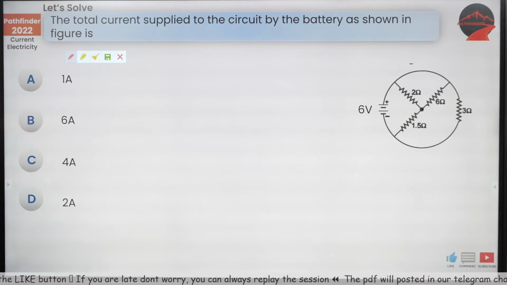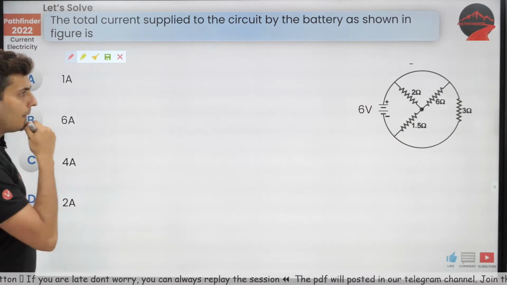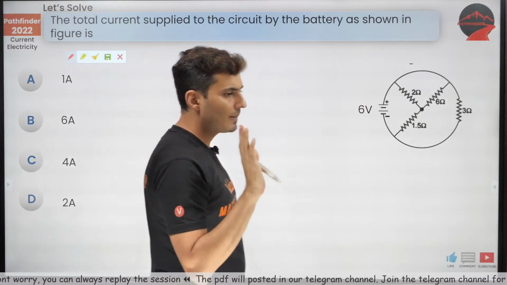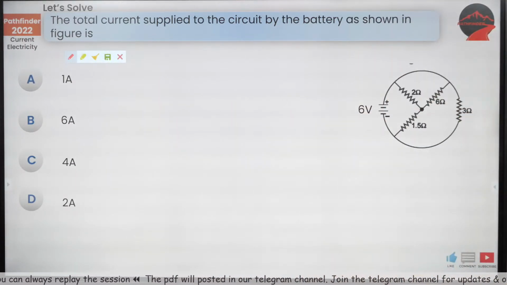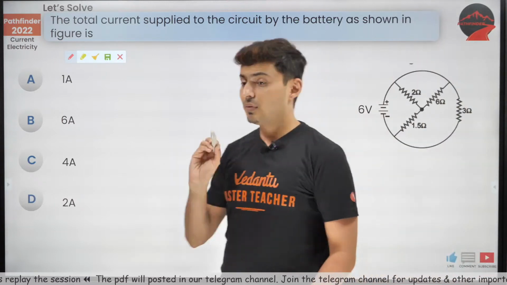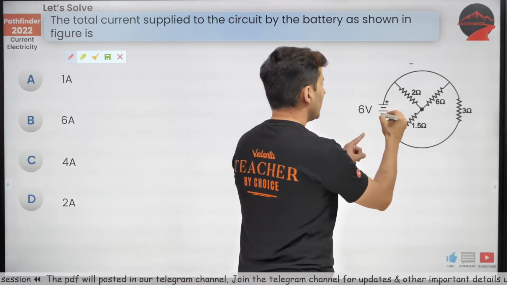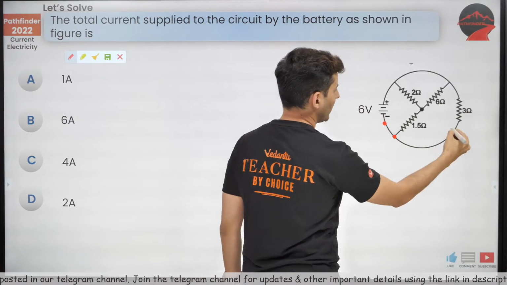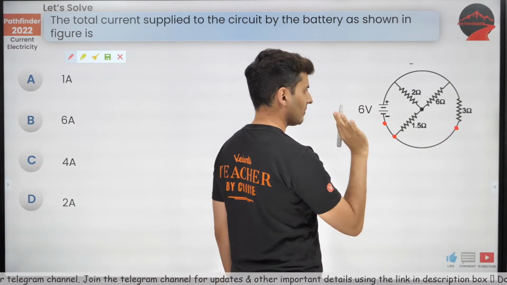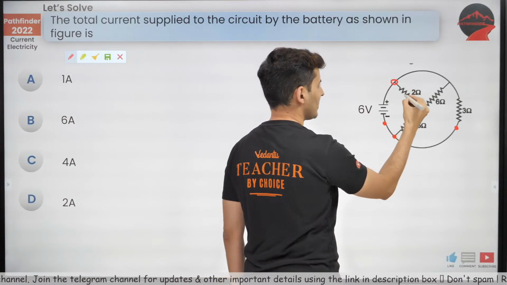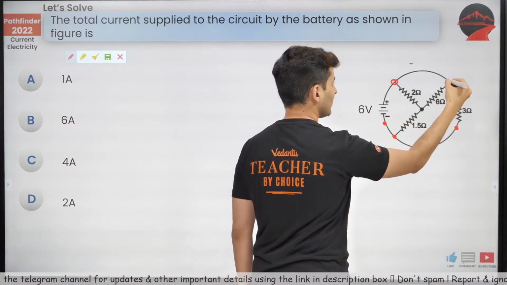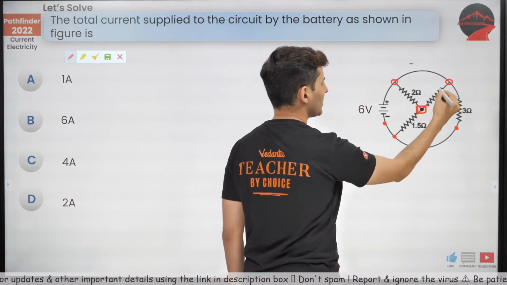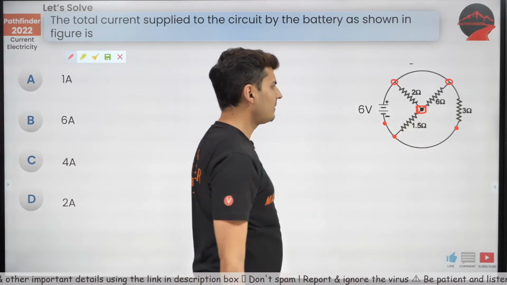Now let's do this question. What you need to do over here, again I think it is a disguised form. Yep, trust me, this is again a disguised form. Let's try and do this question. First of all, if I mark this point as a dot, this is also a dot, this is also a dot. If I mark this point as a circle, same potential, this is also a circle. If I make this a box, why box? Because there is no wire, the potentials will be different.